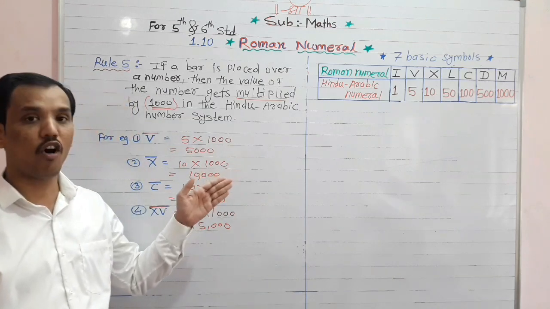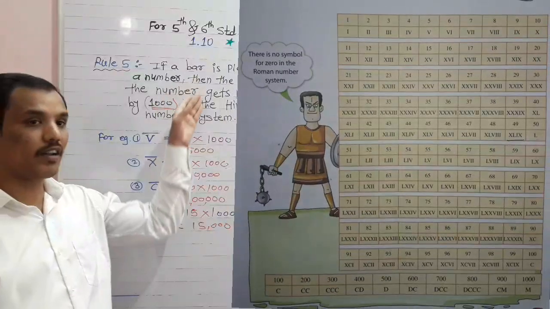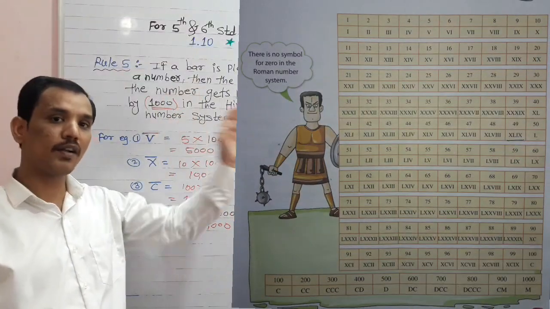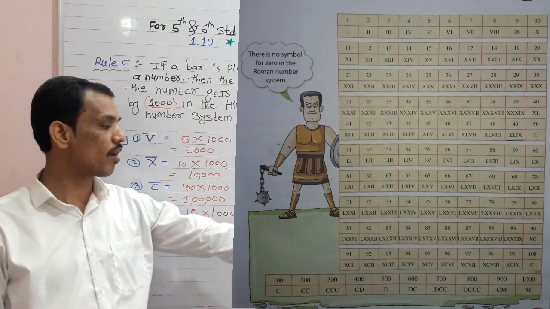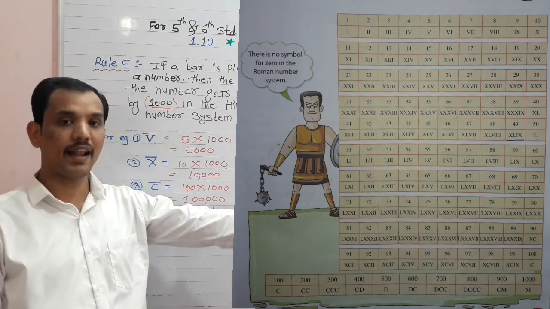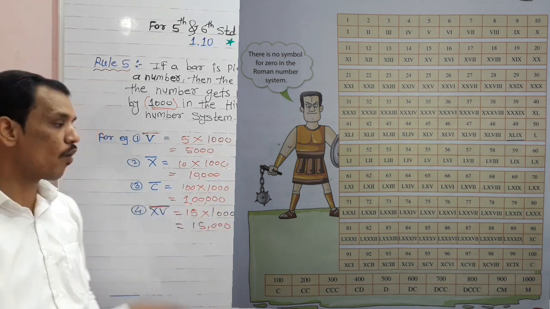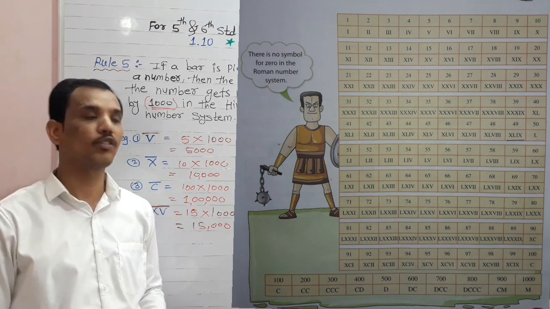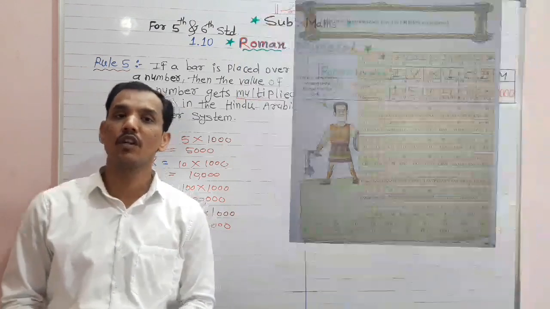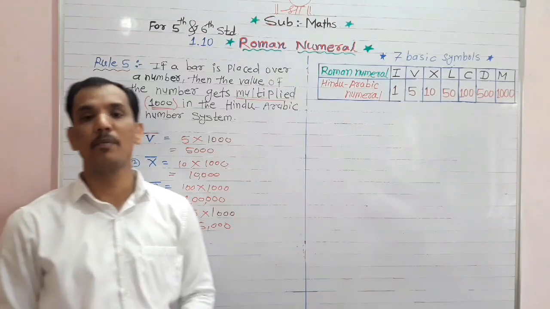On the left side of my corner you can see numbers from 1 to 1000. 1 to 100, all numbers are given there, and now for 100, 200, 300, 400, 500, 600, up to 900 and 1000, numbers are given there. You can go and check. Just pause my video and observe it very clearly. In the 5th standard you also learned those numbers. I hope you understood this topic also, and here our number system is finished.